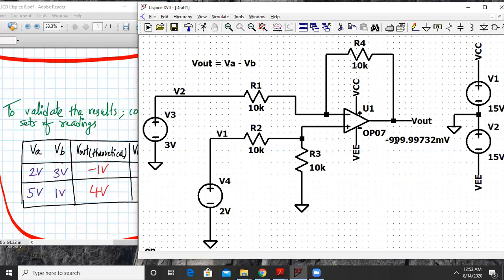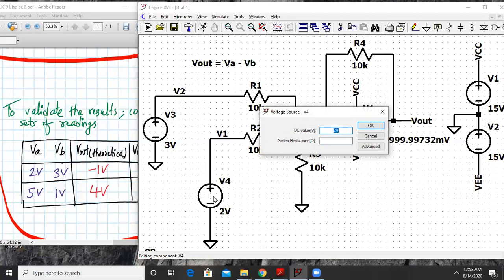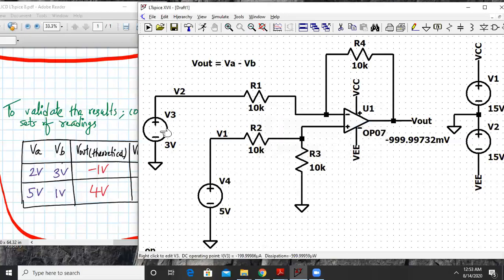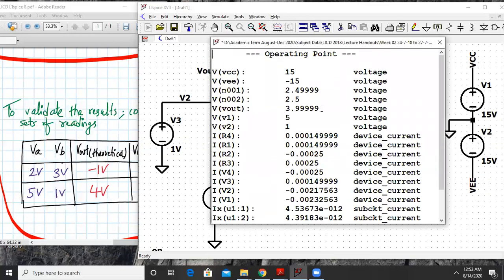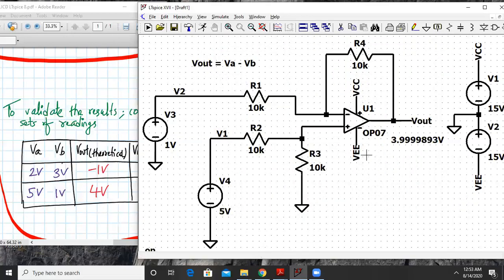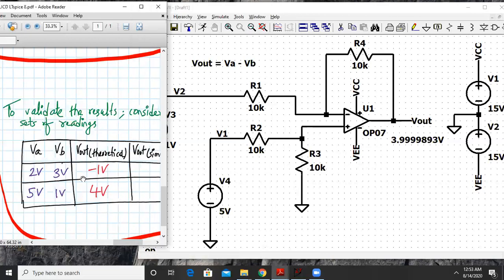So it is close to 1 volt. Now let's change this to 5 volts as per the second reading, and let's change this to 1 volt. So now the answer should be plus 4, 5 minus 1. Yeah, we are getting close to 4. So we are getting 3.9999, and the theoretical value is 4 volts.